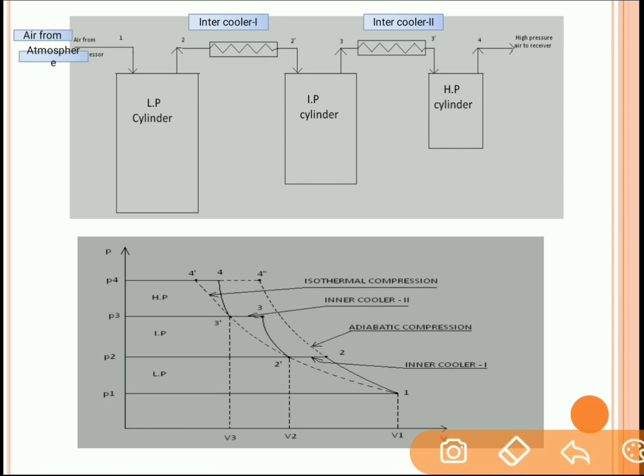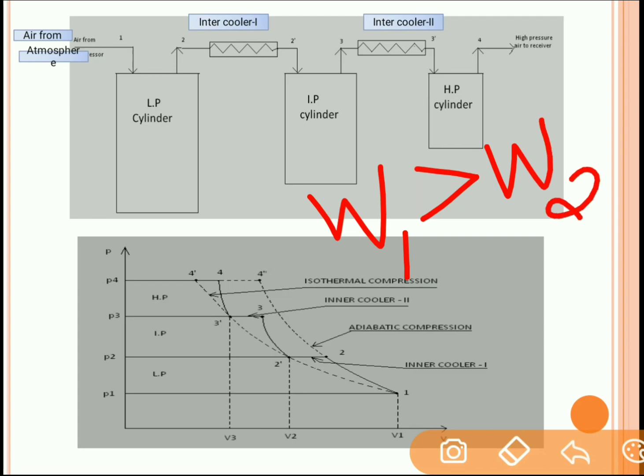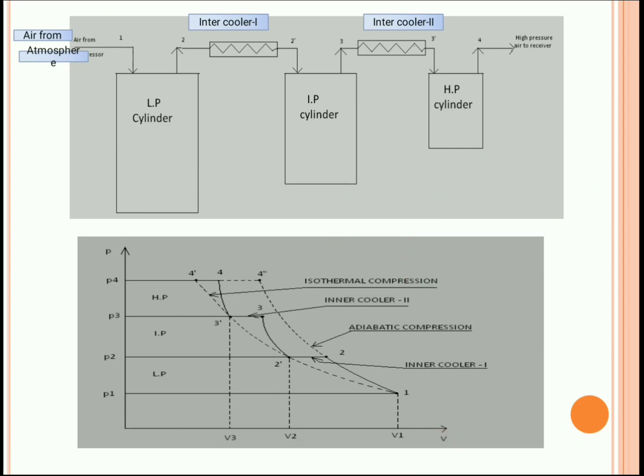Let's say that if there is only a single stage reciprocating compressor, the work done is W1. Then this W1 will be greater as compared to W2, which is the work done under multi-stage compression from pressure P1 to pressure P4. So as work done is less, we will follow that compressor which consumes less work, because it is a power consuming device. We need to consume less power to increase the pressure from P1 to P4. So in this case, the multi-stage reciprocating compressor consumes less work as compared to the single stage reciprocating compressor.